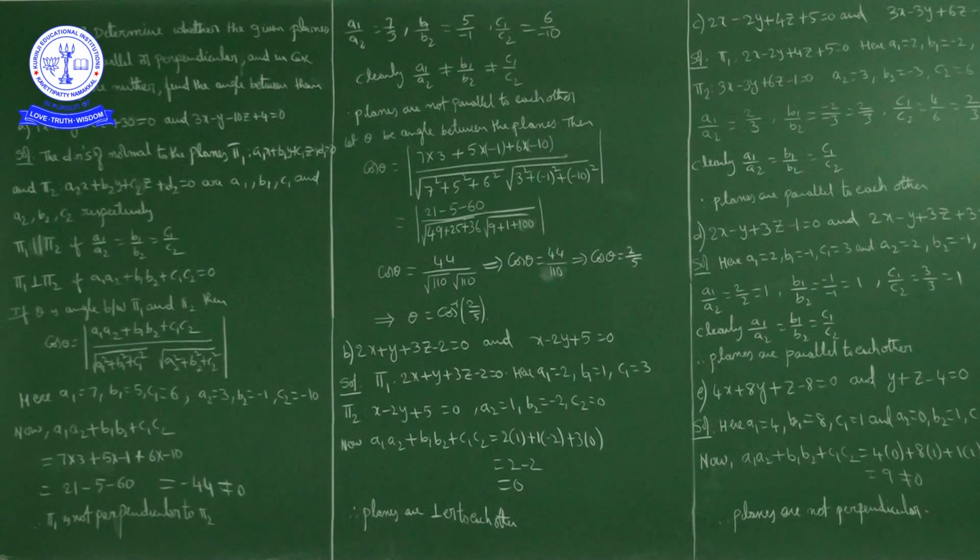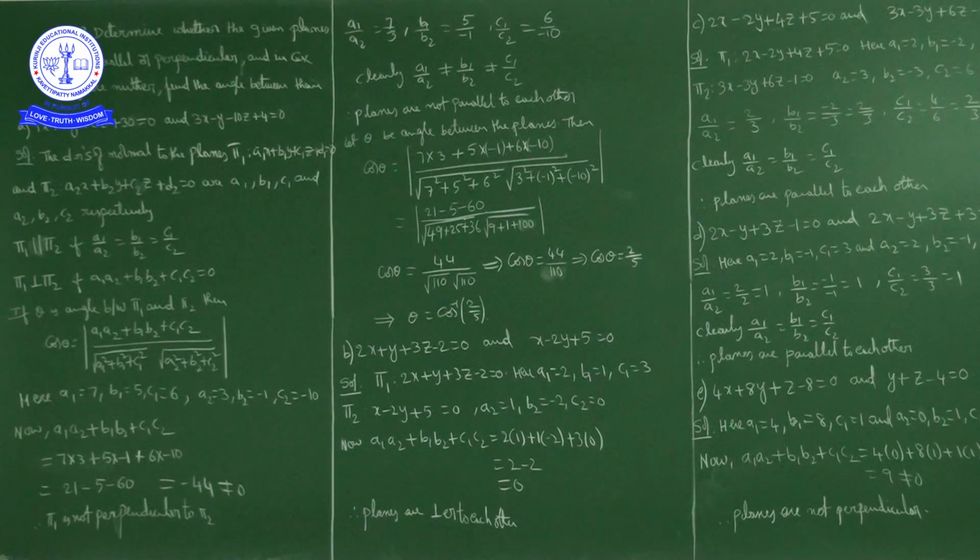Okay, when they are neither parallel nor perpendicular, we have to find the angle between the planes. Let theta be the angle between the planes. Then cos theta is equal to magnitude of A1 A2 plus B1 B2 plus C1 C2 upon square root of A1 square plus B1 square plus C1 square into square root of A2 square plus B2 square plus C2 square. So cos theta is equal to magnitude of 7 into 3 plus 5 into minus 1 plus C1 is 6, C2 is minus 10, upon